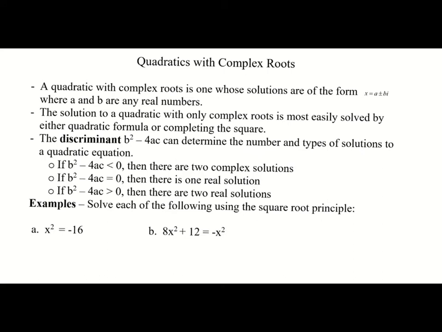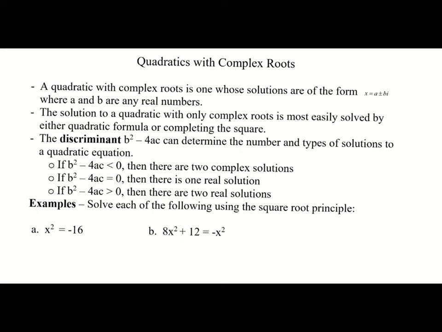So in previous classes, we solved quadratics. We solved them by factoring, using the quadratic formula, and sometimes looking at graphing. We also talked about the discriminant. And if you recall, the discriminant is in the quadratic formula, it's the b squared minus 4ac, the part that's under the radical. And if you calculate the discriminant,